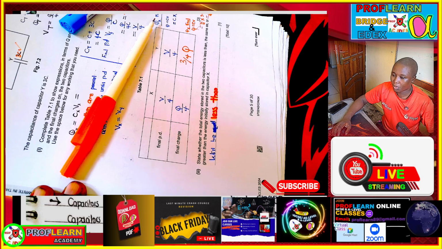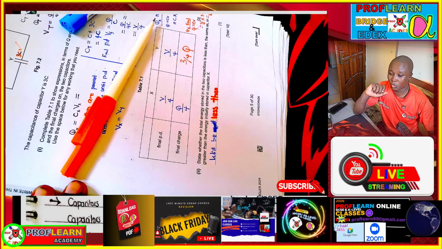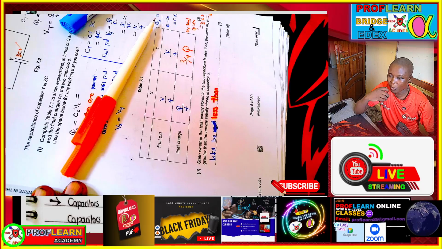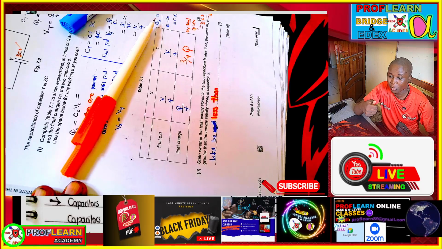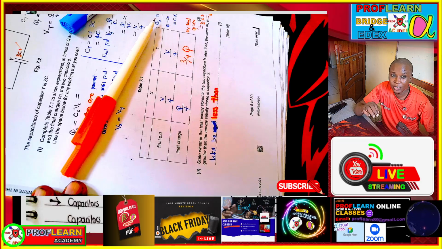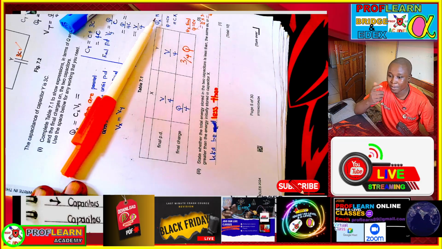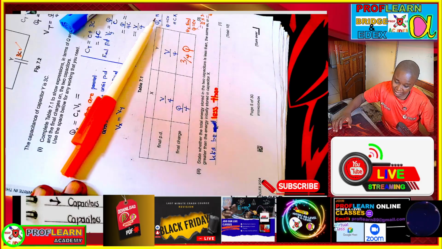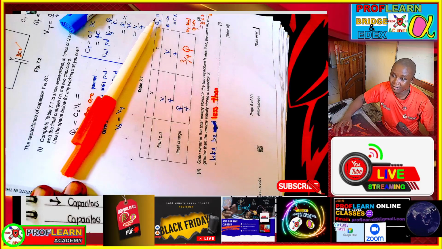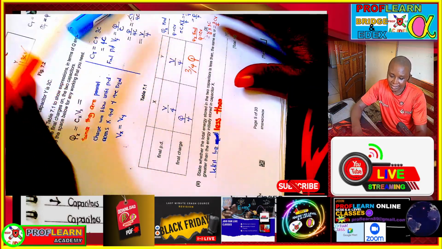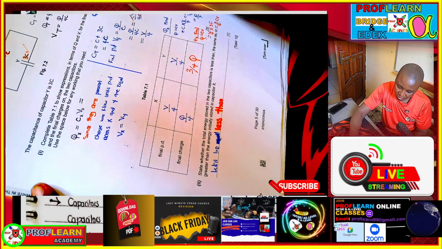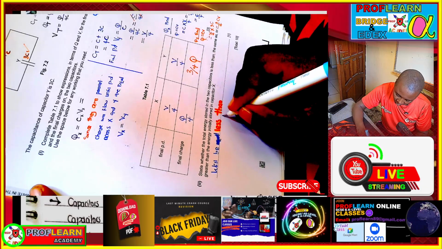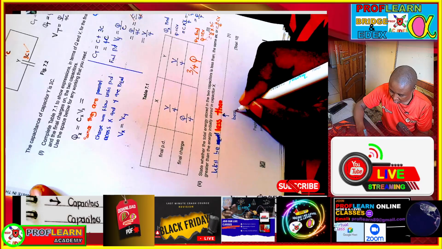So the total energy that is going to be stored after the connection is basically going to be less because during this charge distribution process, the energy is going to be dissipated, maybe in form of heat. Yeah, so energy is going to be lost, and that is why I'm saying at this given point that the energy is going to be less. Even though in this question you were not supposed to indicate that, we can say now this is because